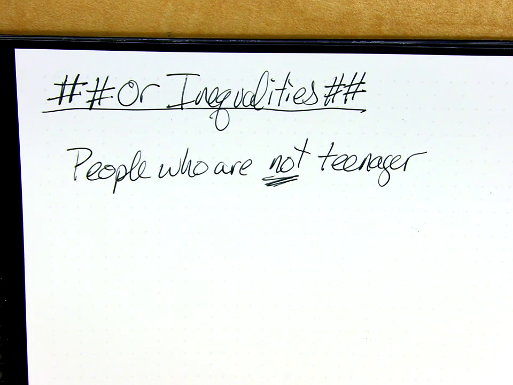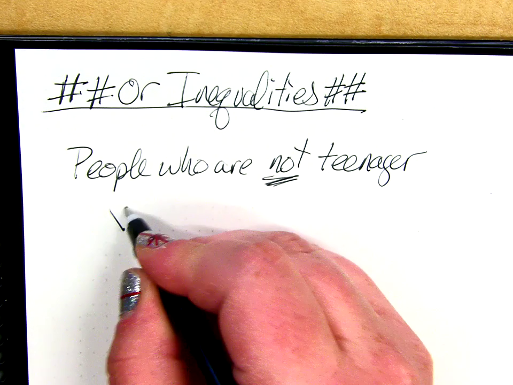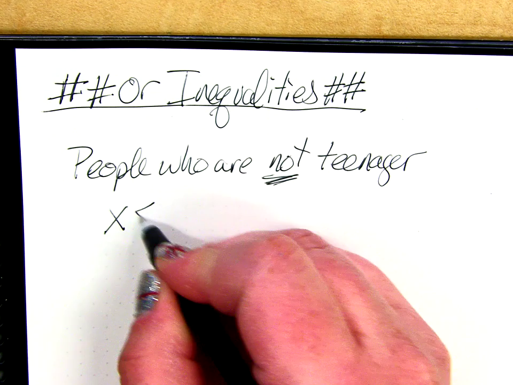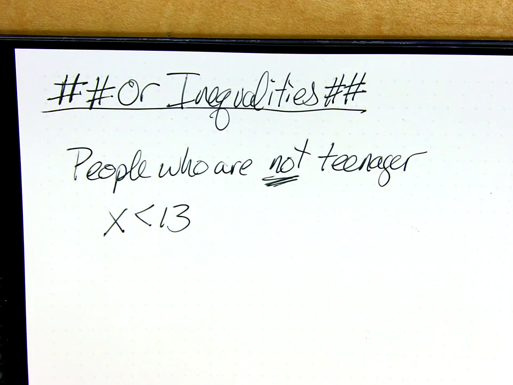So it would include all the people who are of age 0 to 12. Let's go back to the 0 to 12 part, though. If someone is 12 and a half, they're still not a teenager, right? So it can only be less than 13. Exactly. So there's one group of people who are not teenagers, the ones that are less than 13,